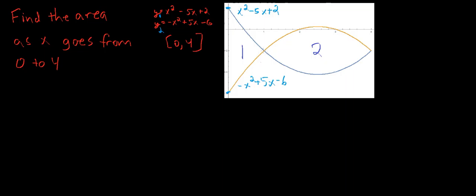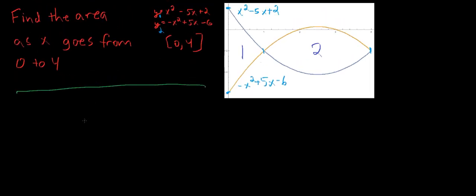Alright, now we see we have an intersection point here and here, and just looking at the graphs, they look like they're at x equals 1 and x equals 4, but let's go ahead and verify and do this the old-fashioned algebraic way. The way we do that is we set these two equations equal to each other, and then we solve for the x values. So we take y1 equals y2, which is x squared minus 5x plus 2 equals negative x squared